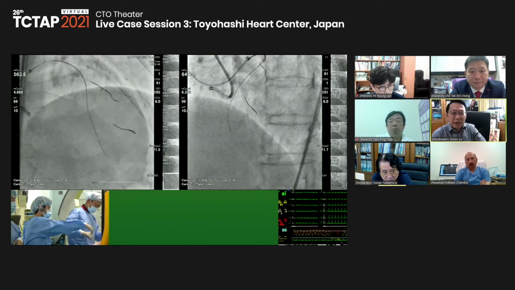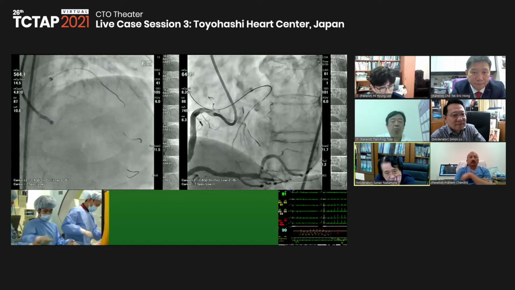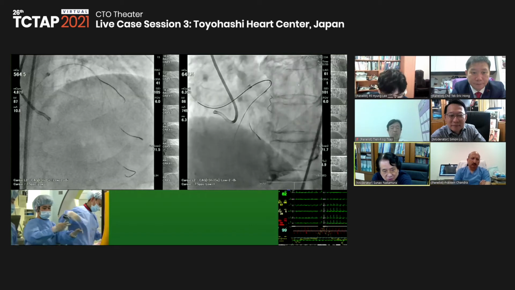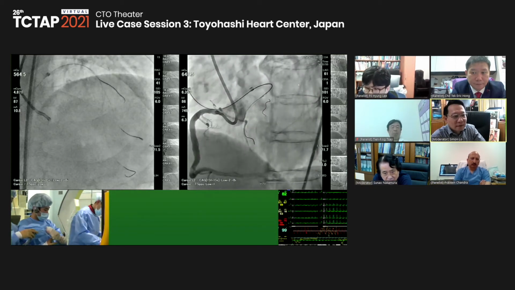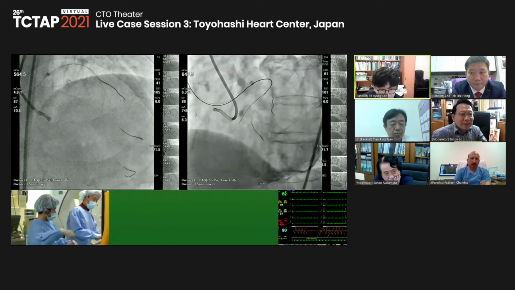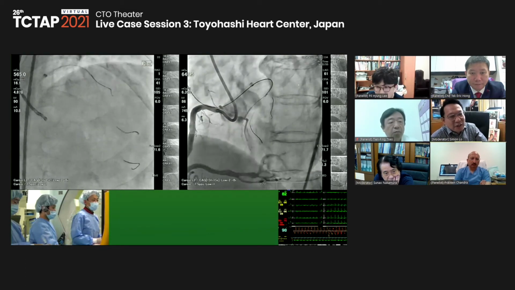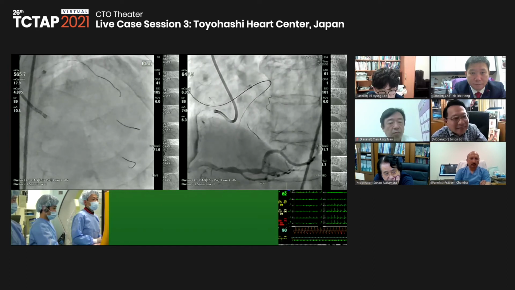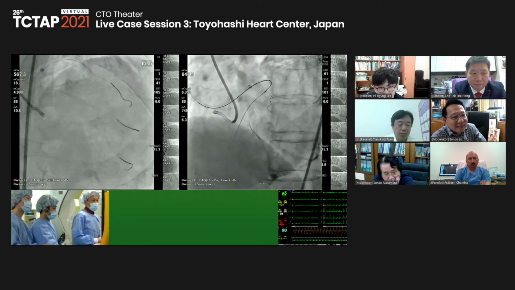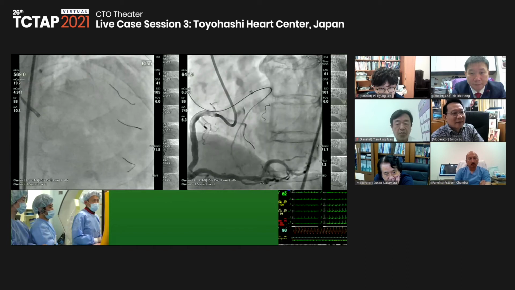The previous angiogram showed this diagonal to be quite a sizable diagonal. But of course, I don't want to implant a stent in a diagonal. So we can ask Dr. Nasu's strategy. Are you talking about the first diagonal or second diagonal? The first diagonal. Yes, of course. First diagonal is very big, so we need to keep the balloon or KBT or something before stenting, if possible.